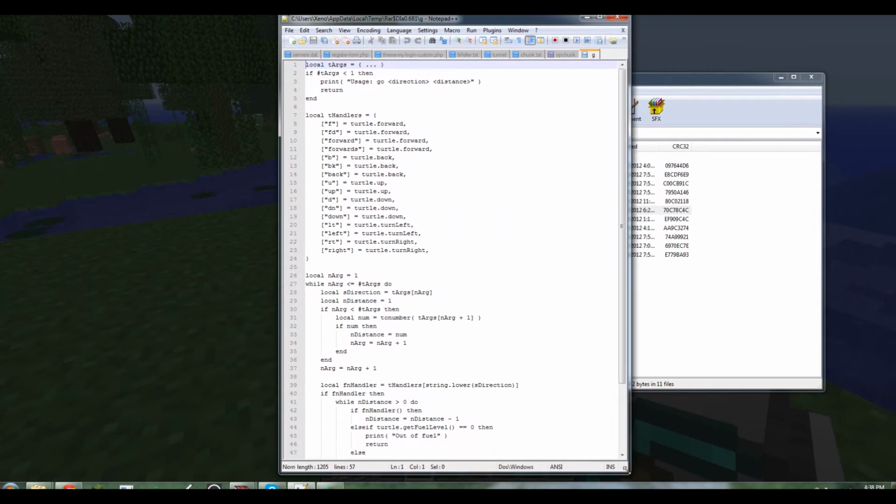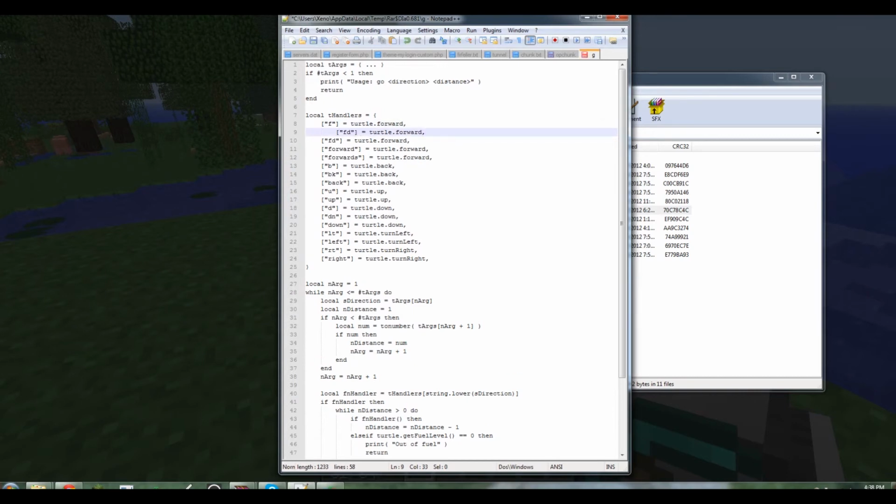For bigger programs, I will tend to use Notepad. So, a few things I edited in here. Normally, you'd have to type in forwards to make the turtle go forwards, or FD. I added an extra line that has just F. To do that, I just copied this line, and then I pasted it here without an index, and